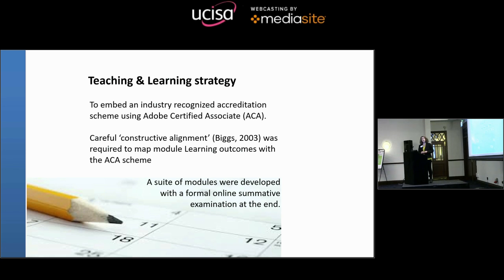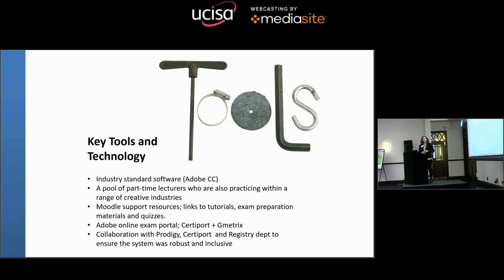So the challenge with that was mapping the Adobe modules that we already had, the Adobe skills that we already taught, and mapping those ACA scheme learning outcomes to the learning outcomes for the module. Key tools that we needed, and I had to have approval, of course. This all had to go through academic approval boards. The form of assessment had to be approved. So there were some debates and discussions around this, but